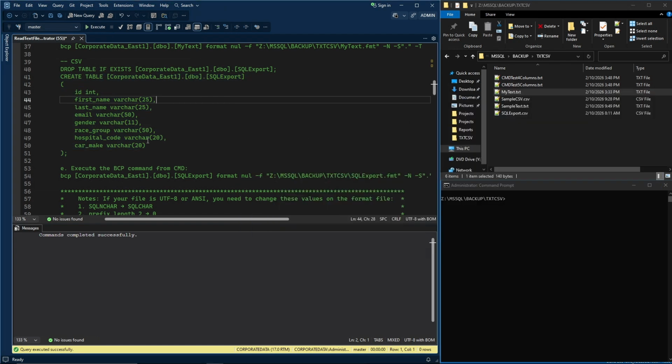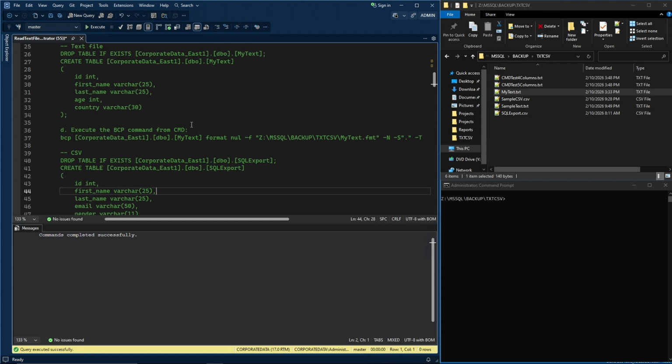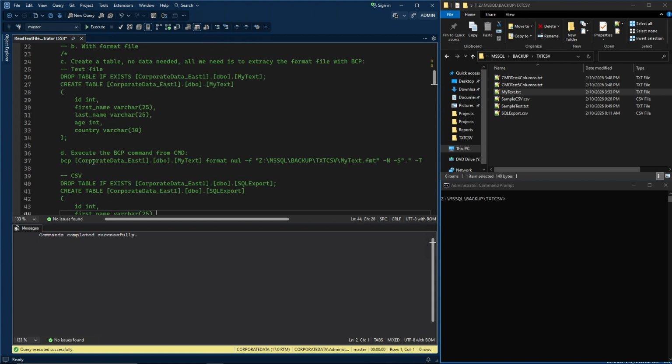Now we need to execute the BCP command. BCP has to be executed from the command prompt, as you can see right here on my right. The way to execute it is by typing BCP, followed by database name, schema, and object name. In this case, we're going to create the format file for mytext. And we pass format null, hyphen lowercase f, the full path where we're going to place our format file, followed by the name and extension,